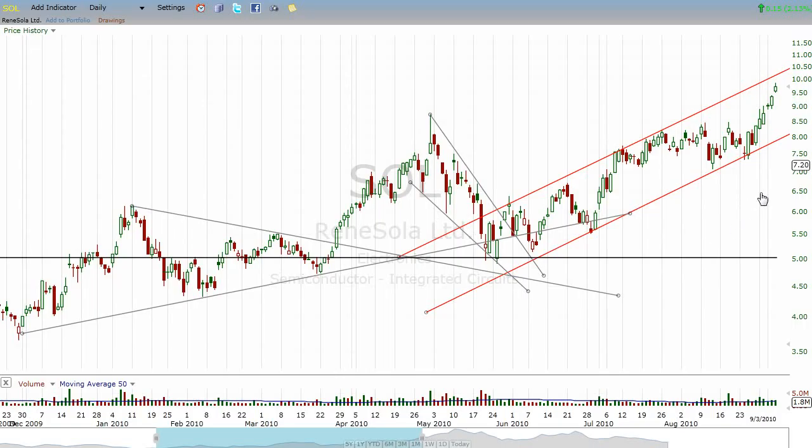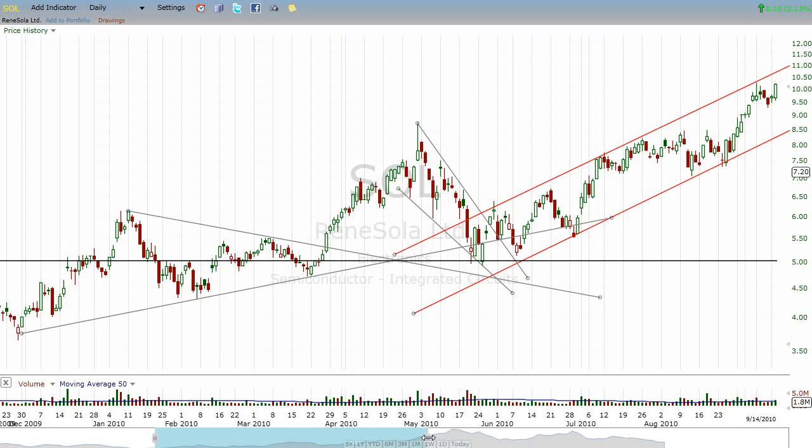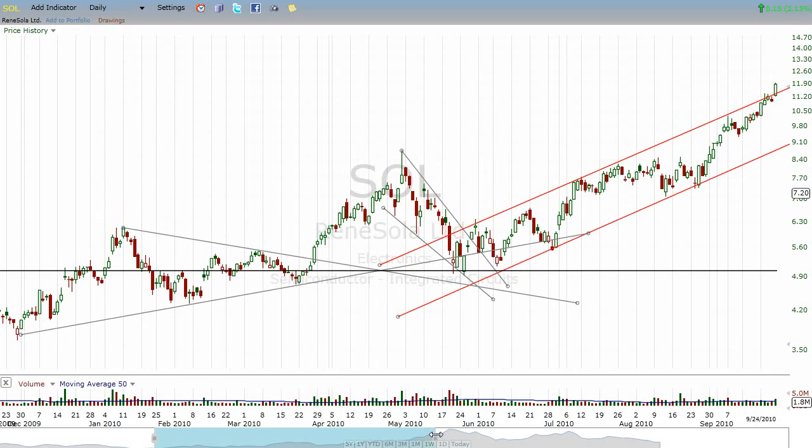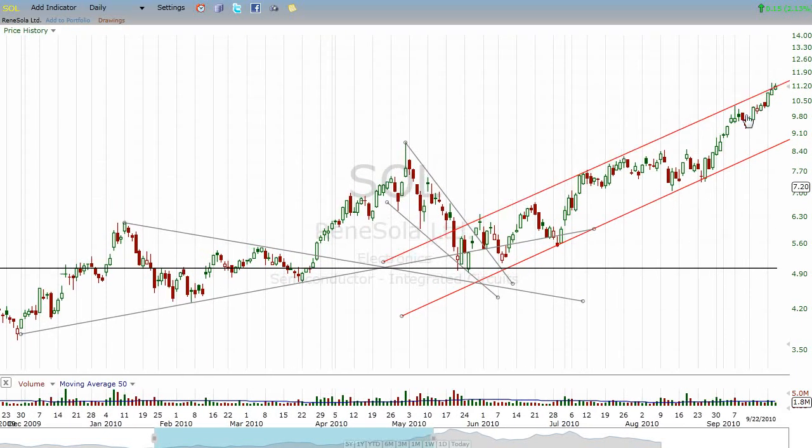and as soon as we got up to this tag here in the 9s, I sold. I think I missed the 10, and I sold on one of these candles here, probably for $9.70 or something like that. So hey, wish I could do that every day. But then what happens? I watch this thing just completely blow out of the top of this, what I thought was going to be the channel.